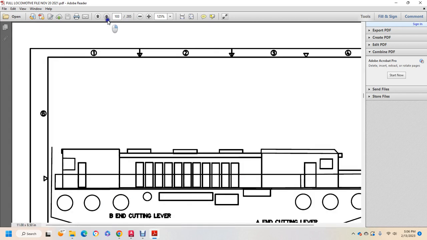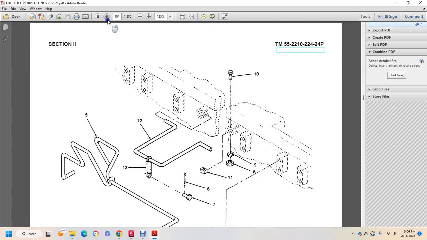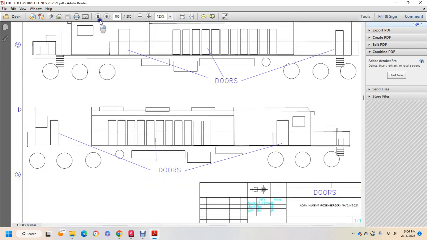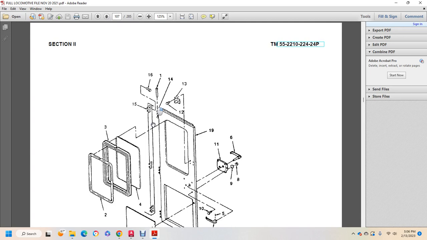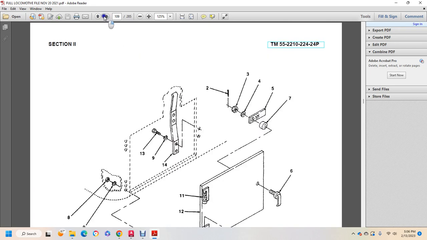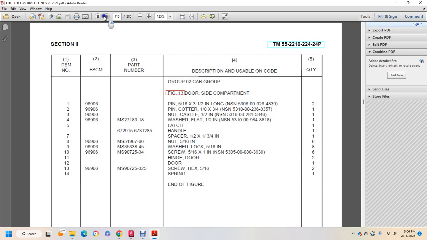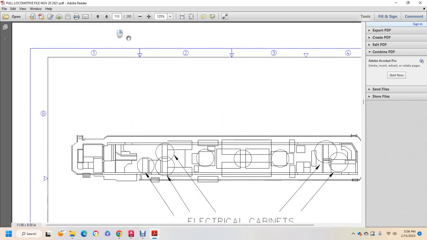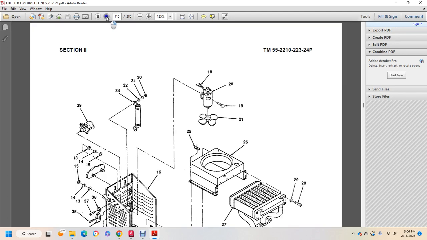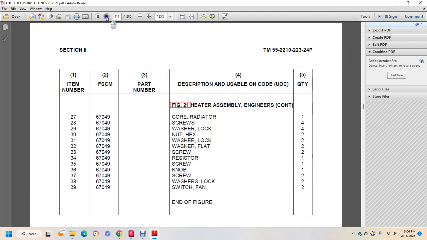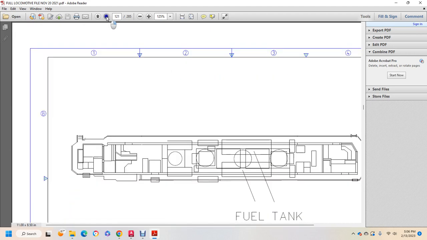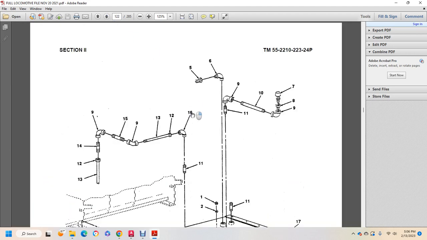And it's NSN group number, BN cutting and AN covering letter. Alright, you have your doors. There's supposed to be two to the bathroom, but you can always cut out, like, it's a special bathroom. Cabinet doors, door side compartments, electrical cabinets. Engine heater, one, and then we'll go into fireman's heater for the back cab, fuel tanks,